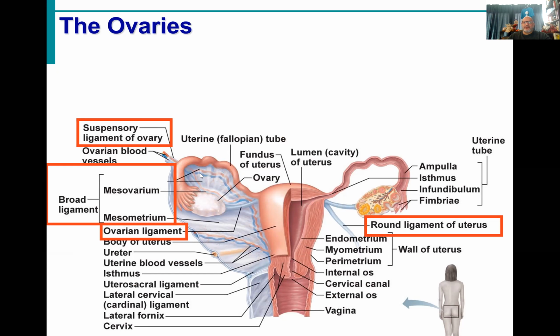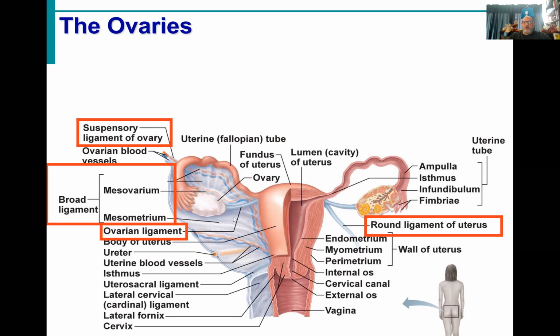Here we see the structure that is collectively known as the broad ligament. Notice this broad ligament is this big, huge expanse of the parietal peritoneum, stabilizing blood vessels, stabilizing nerves, stabilizing the ureter that comes off the back wall. It is anchored to the lateral wall by the suspensory ligament,